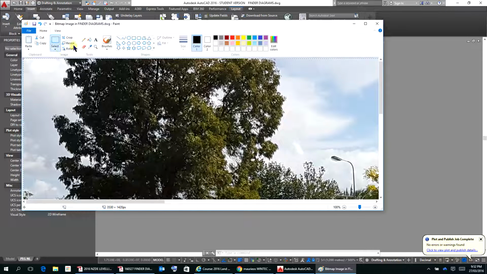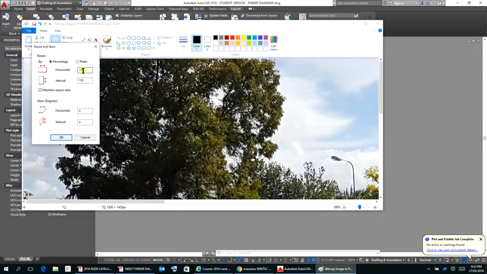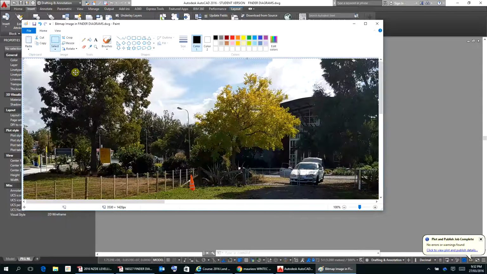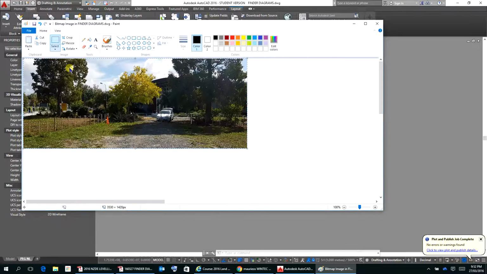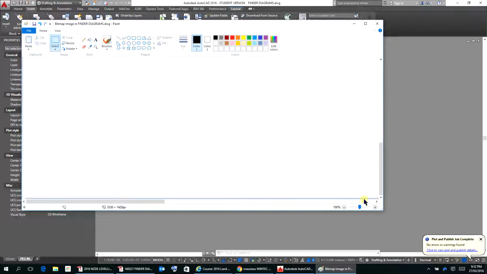So we resize here, and I resized that 50, and then I resized 50 again, I remember, 50, and that's it there. Now what I've got to do is get this canvas here